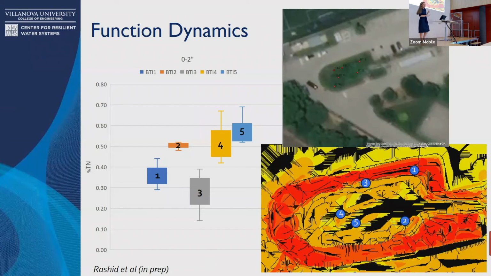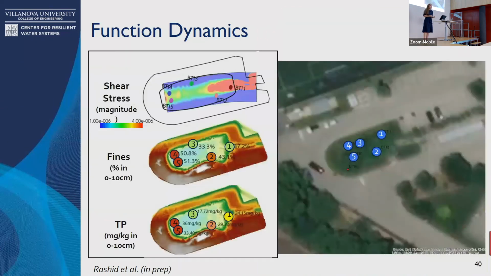Point 3, where you have relatively little inundation, you don't have very much nitrogen. And points 1 and 2, where the water is moving the fastest and moving right around, then you're not getting very much nitrogen there too. Those are our erosive spots. So we've applied this, looking at the shear stress, and we applied this to fines and also to total phosphates, and we saw similar trends.